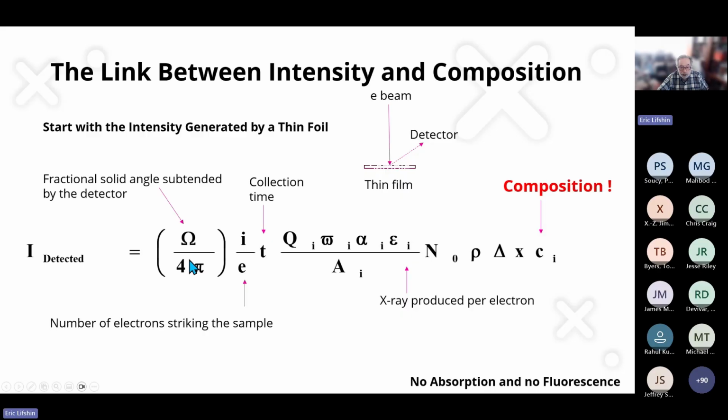What happens is you have to take into consideration the fractional solid angle of the detector, the number of electrons striking the sample, the collection time, and all the stuff on the right, which is a way of computing the actual composition of the material from relatively simple base principles. The trick here is that in here is density, grams per cubic centimeter. And so you have to use weight fraction for C to get the grams per cubic centimeter of the element